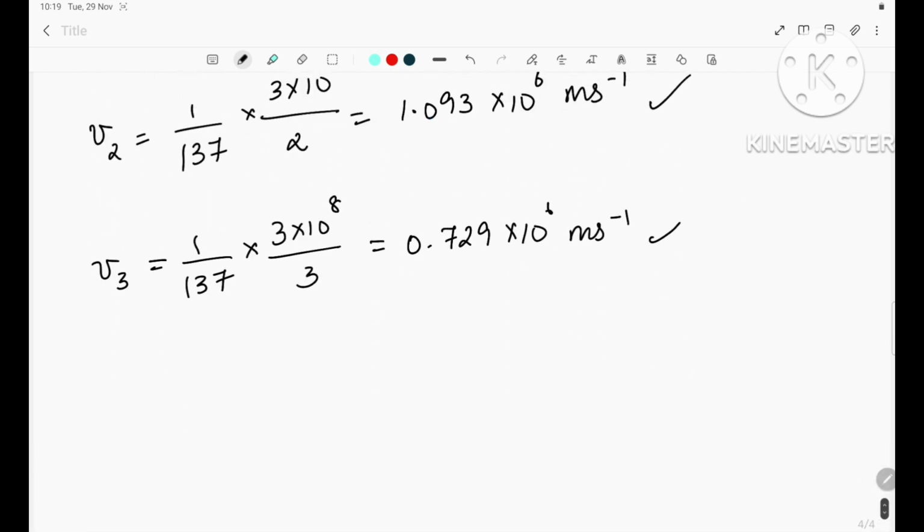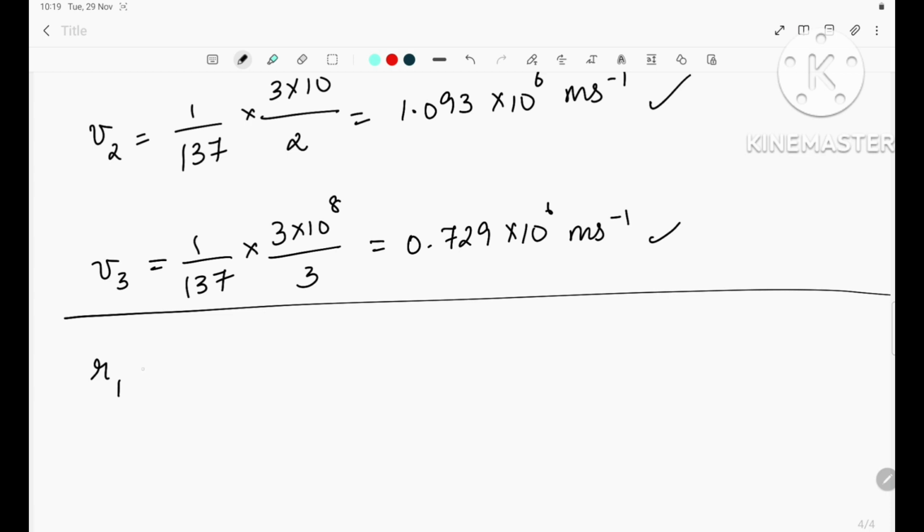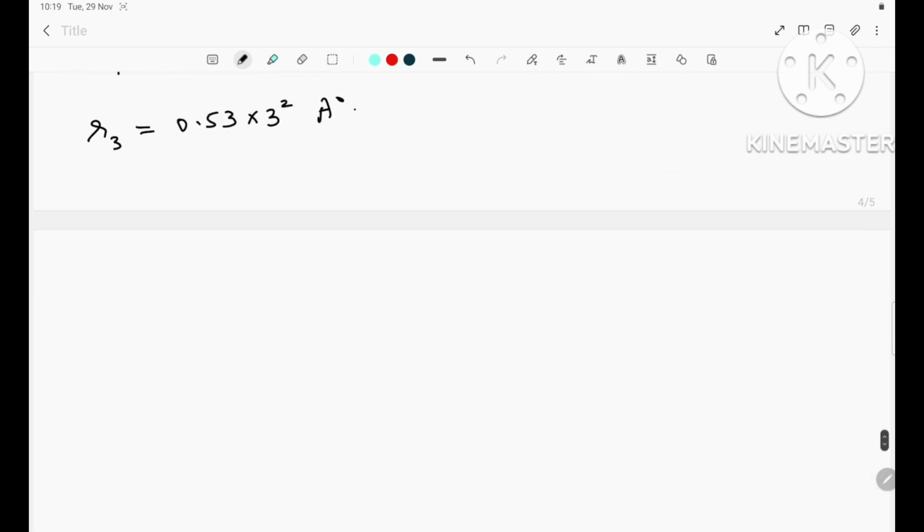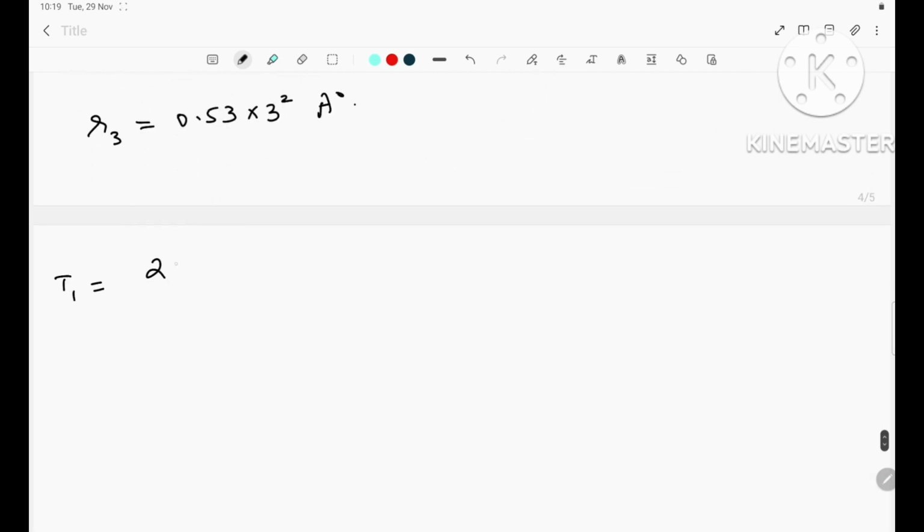And the next, what are they asking? They are asking us to calculate the time period. For the time period we also need to know the radius. So R1 is 0.53 into 1 square angstrom, R2 is equal to 0.53 into 2 square angstrom, and R3 is equal to 0.53 into 3 square angstrom. Then you substitute in your equation. T1 is equal to 2 into 22 by 7 into 0.53 into 1 square, the whole divided by